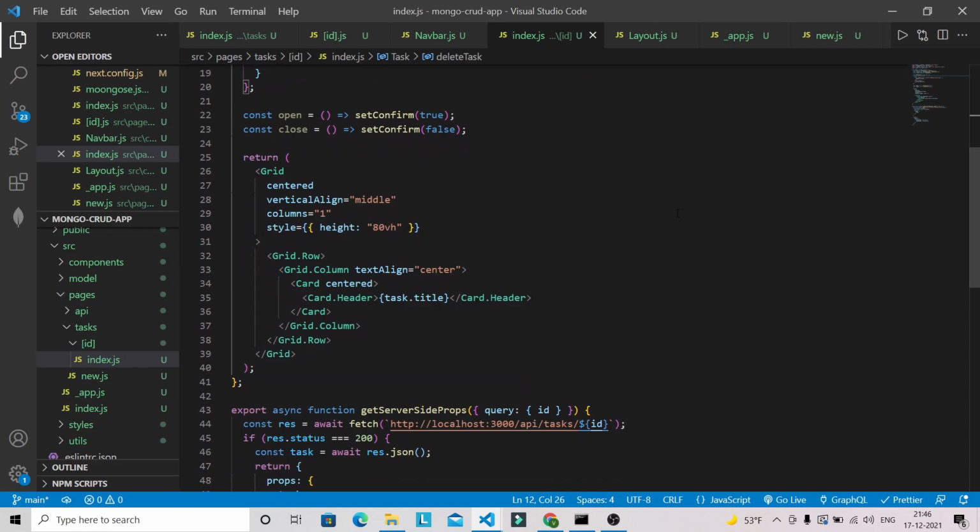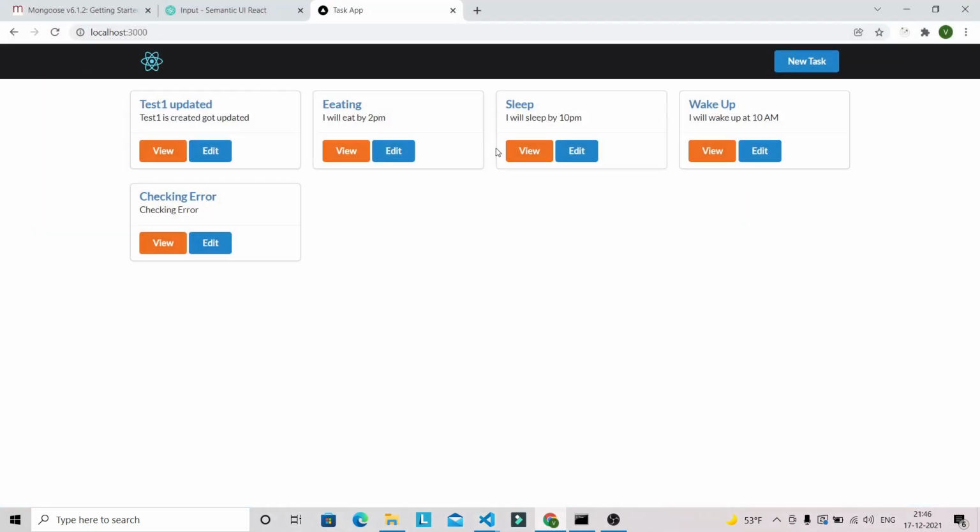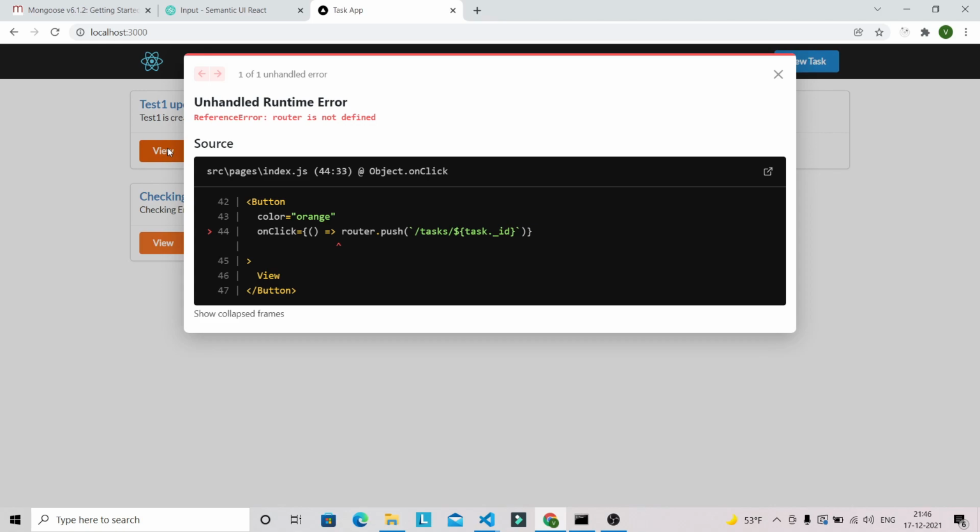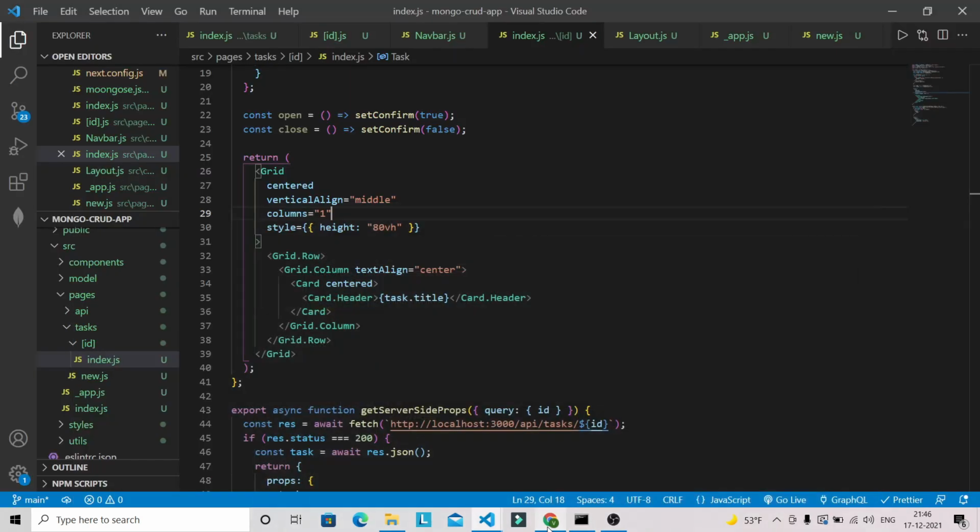We can verify whether it's working or not. Let's go into the browser and refresh first. Let's click on view. We have some issue in our index.js file.